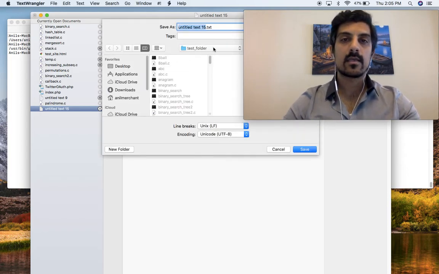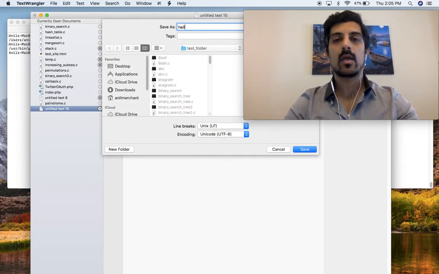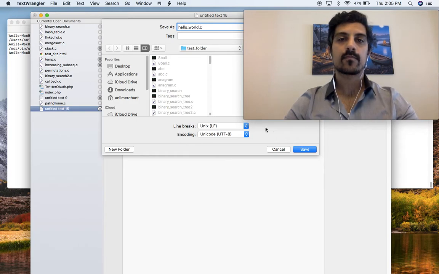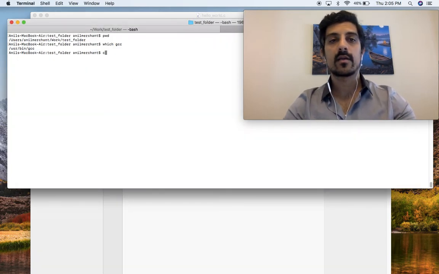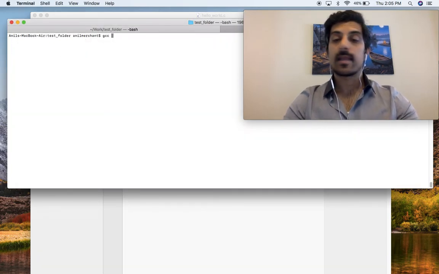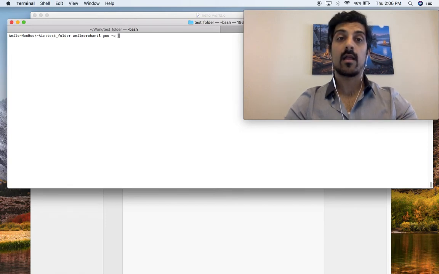We'll save that. We will call it hello world.c. Save it. Now we come over to our terminal here. Let's clear the screen. Now to actually compile this, we call gcc -o to create an object file. And then we want to type in the name of the program without the extension, and then again, the name of the program with the extension. It's compiling. All right, all good. We have no errors. It's compiled.